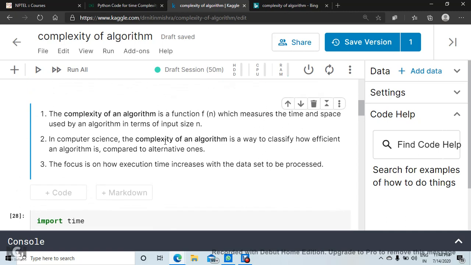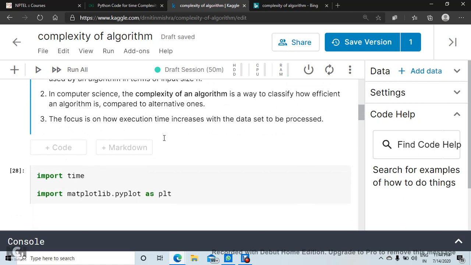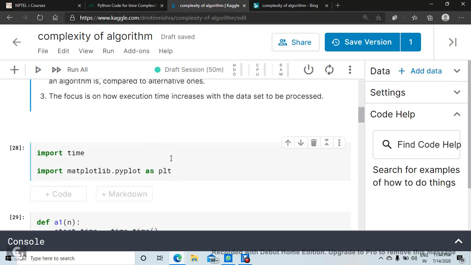Okay, so as I know that most of the students are familiar in Java, Python, so I'm taking the example of Python.